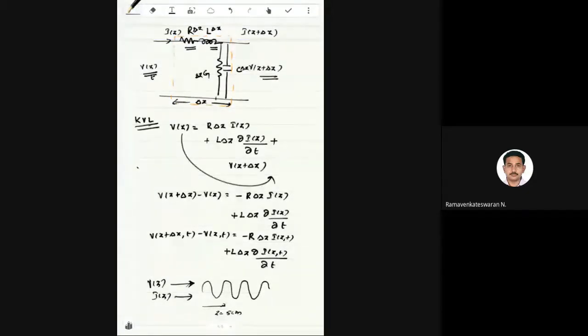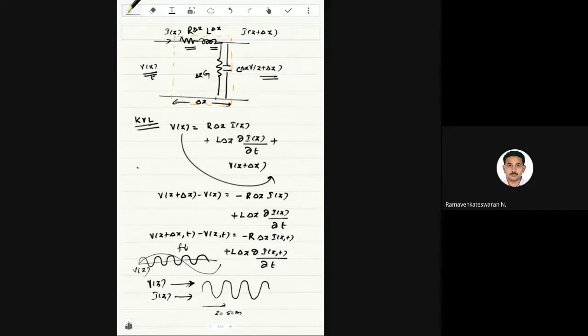Normally in the lower frequency circuits, we don't relate voltage and current with respect to distance, because there is no transit time effect. The frequency is very small, so the wavelength is very high, and the voltage and current difference is unnoticeable with respect to distance. But things become a little more complicated when the wavelength becomes smaller and smaller because of high frequency. When the wave becomes very small, I should relate voltage with the distance, V of Z.